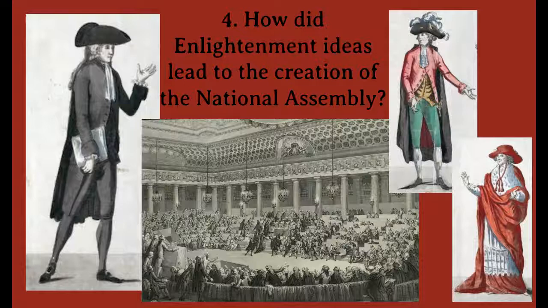And really, applying Enlightenment ideas of the consent of the governed and other principles that they learned from Rousseau and Locke and Hobbes and all these other thinkers. And they declared themselves to be, in fact, the leaders of the country. In fact, they are France, and the other two estates and the king are extraneous. They declared themselves to be the true government of France. They declared themselves to be the National Assembly.